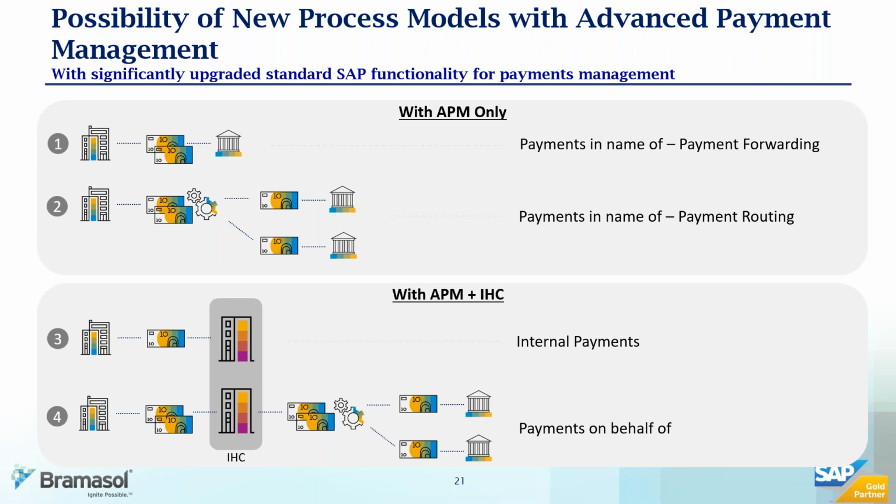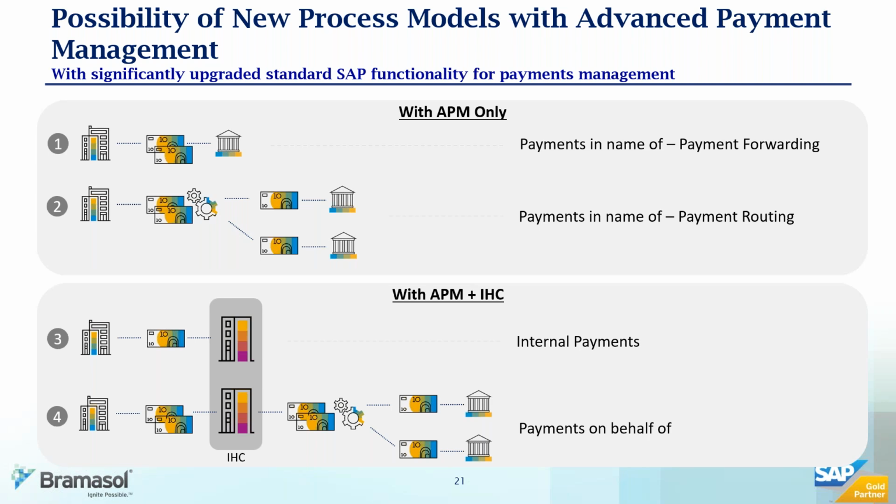You can manage these payments in a centralized way through a shared service center, where it can do a lot of things for you. It can manage the sources. So if you have multiple sources, you can centralize all the payments from all the sources into a centralized place so that you can enrich them. You can put some validation on top of them. You can decide how they need to be cleared. If they're wired, they need to go urgently. If they are ACH, they can wait for the next cutoff time, and so on and so forth. You can manage exceptions arising from these payments from all these different sources. And it also connects with your cash management and other capabilities natively. So that's scenario number 1.